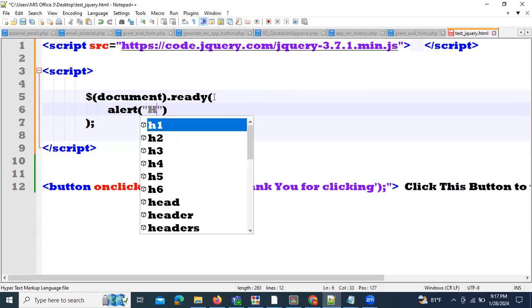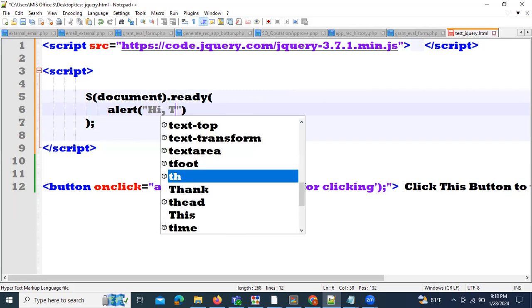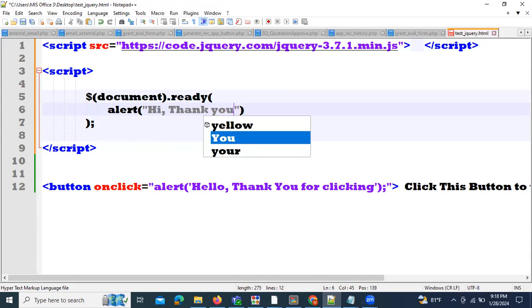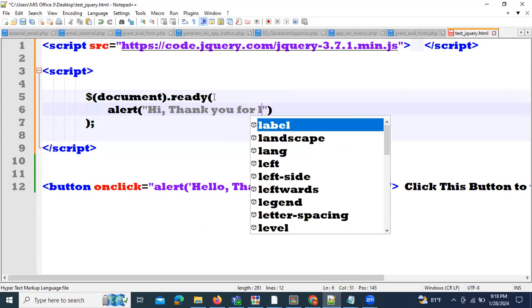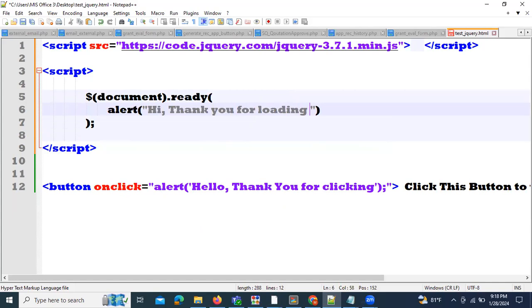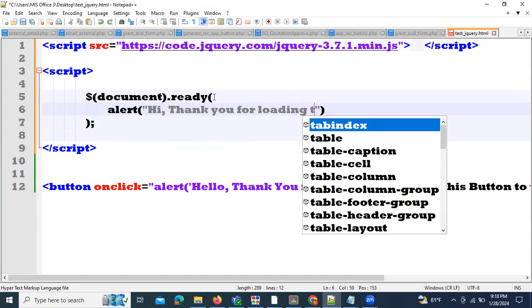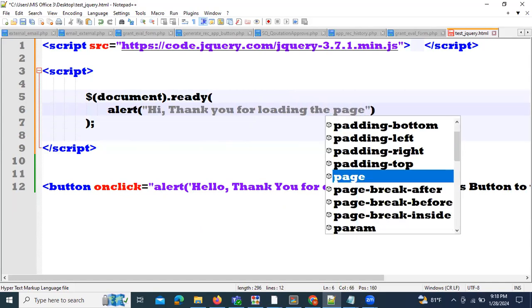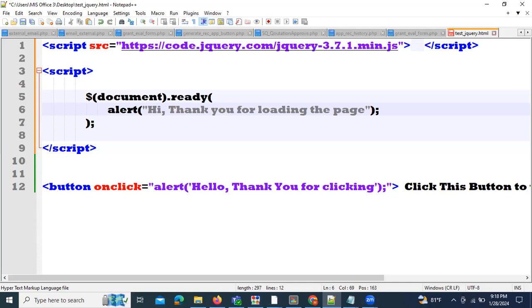Just say, hi, thank you for loading the page, right? Because it's a loading part, loading the page, right? Now what's happening? Just see what's happening. If I save this and go to the browser,